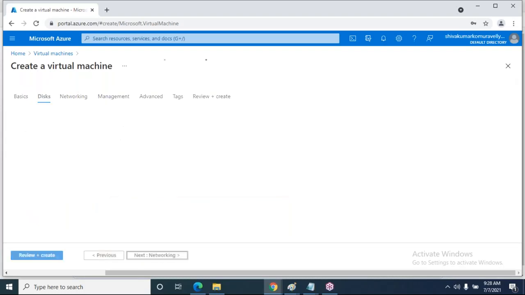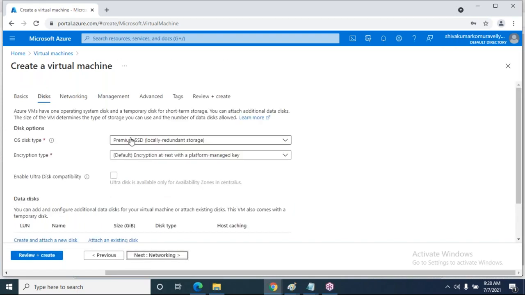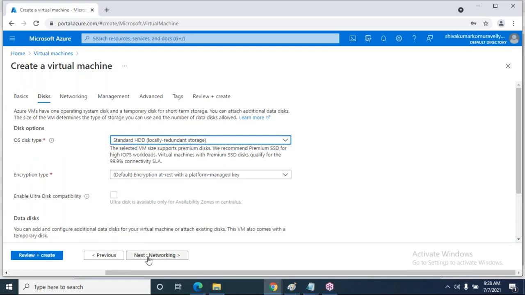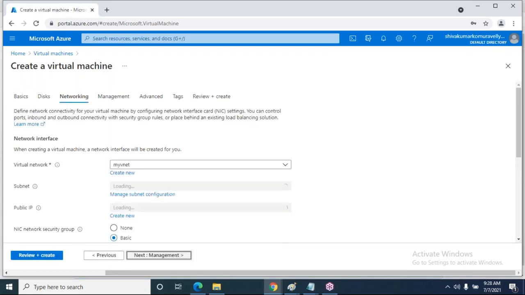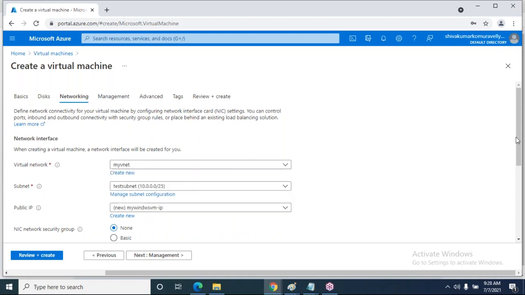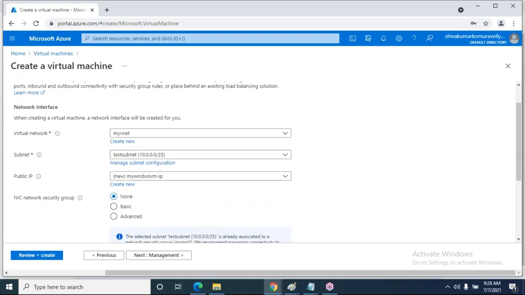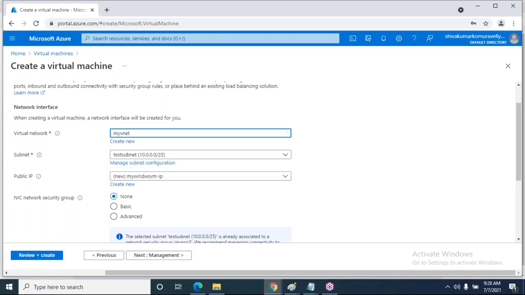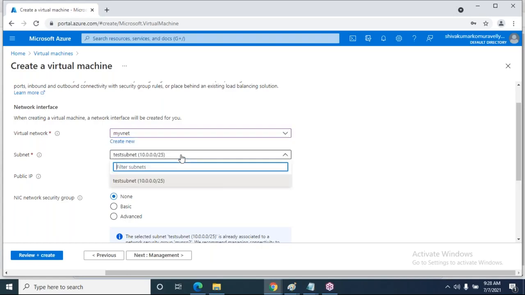Click on disks. We don't know anything about disks, so select HDD. Come to networking. We don't know anything about networking either, so select the default networking or my VNet. This is my default network, and these are the default subnets in my VNet.